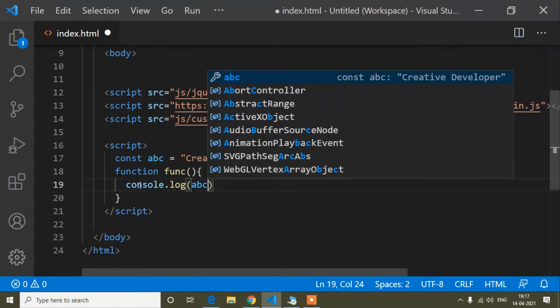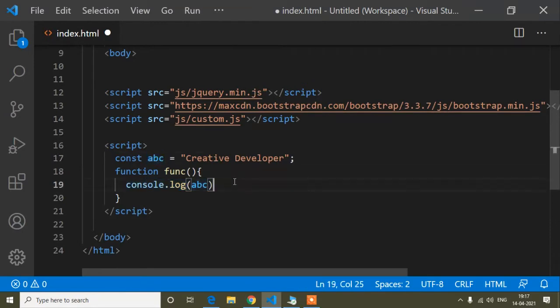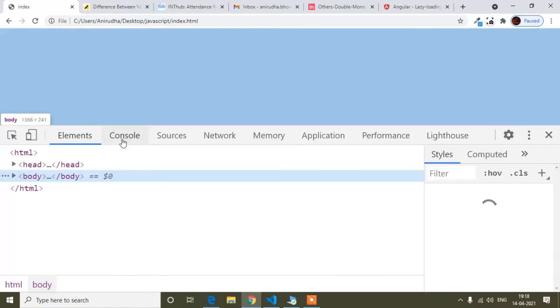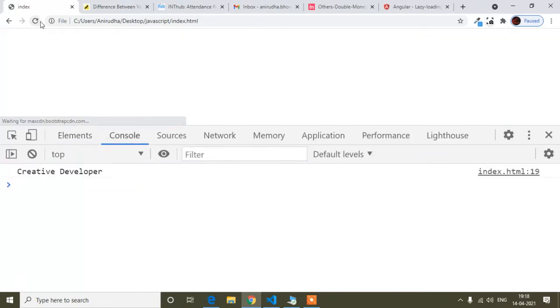So inside this console.log I'll put this variable, and now for accessing the value in the console, I have to call this function, because I have defined this console.log inside the function. So guys, if you don't know how to call it, you just put the function, or you can say method name, and simply parentheses. So save, and now I will open developer tools and console, and just refresh it. So you can see I can easily access the value of ABC.